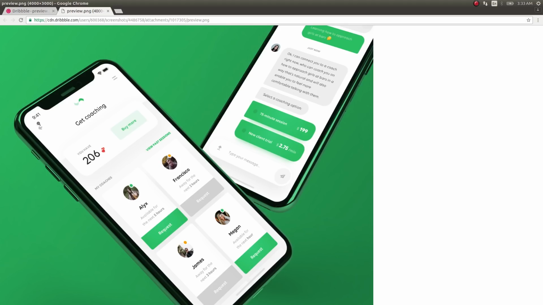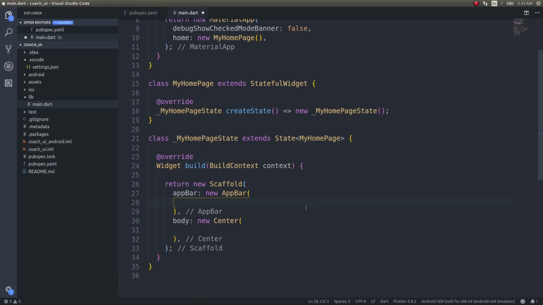That's too much talk already. Let's start with the app bar. You can either use an app bar or we can simply remove it. I'll use an app bar. We have an app bar here. Let's just build up on this. So title, new Flutter logo,